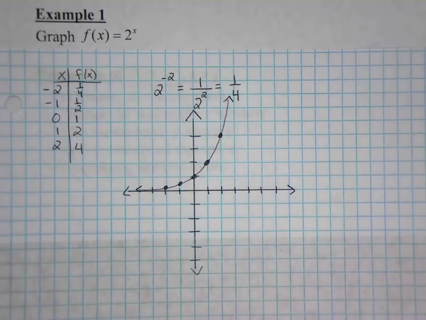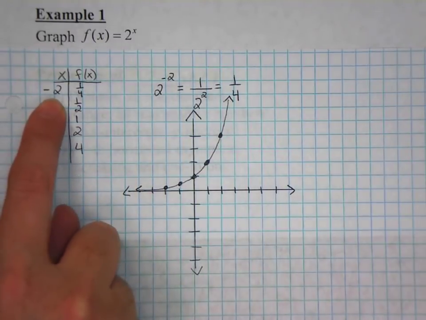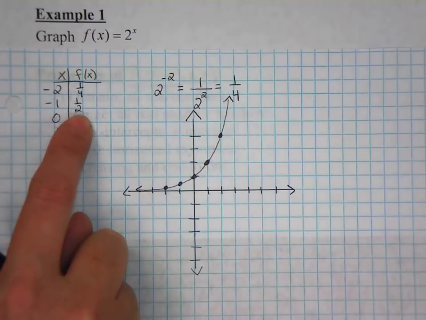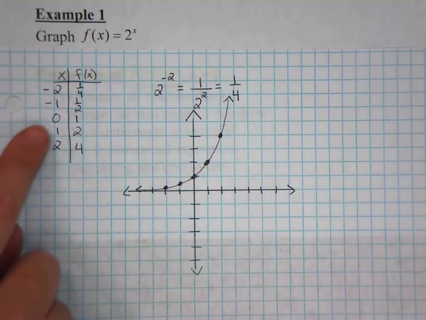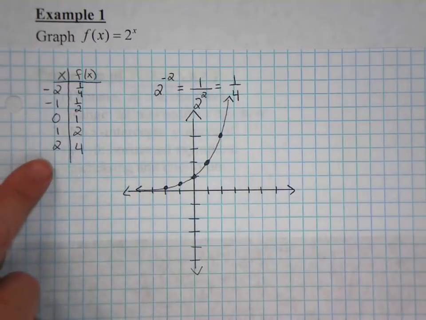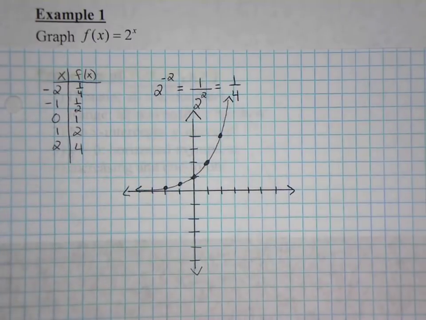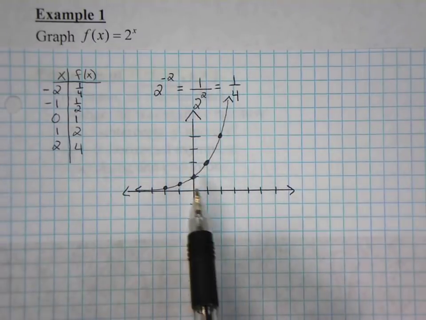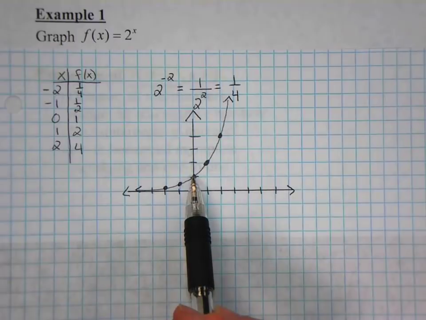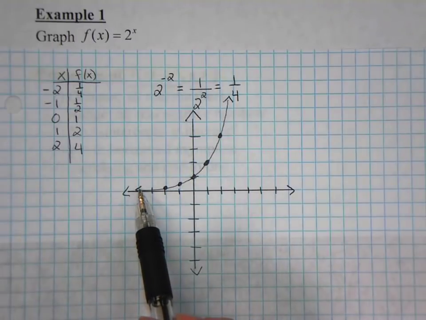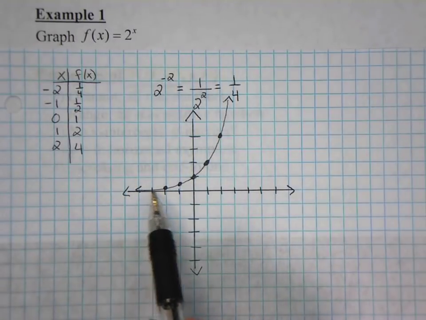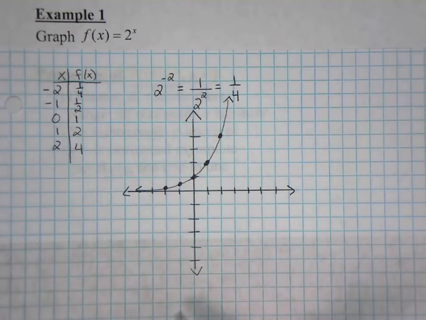Because you'll see here in the table, if I raise 2 to negative powers, I still get positives, just reciprocals. To the 0 power is a positive, and when I put in positive numbers, I get out positives. So it doesn't look like there's a way to get a negative output or a negative y value here. So hopefully you can see that there is an asymptote that's formed there, representing the end behavior of this curve. Noticing that the graph is going to approach the x-axis but never actually cross it,